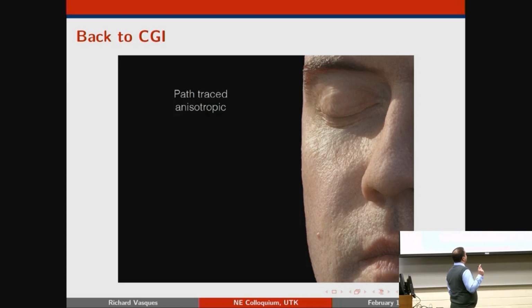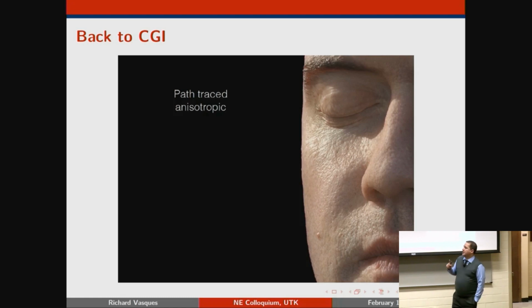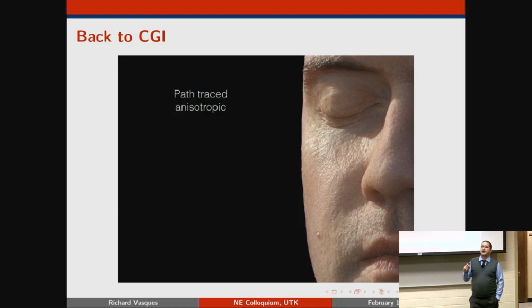So there is one more thing that they want to make better in this kind of problem. And that is what they call bleeding. If you remember when you were a kid and you would play with a flashlight behind your hand, it turns pink because you have more light going through it. That's what they want to be able to capture. They want to capture enough light penetrating deep into a translucent material, but they also want to preserve the short scatterers.